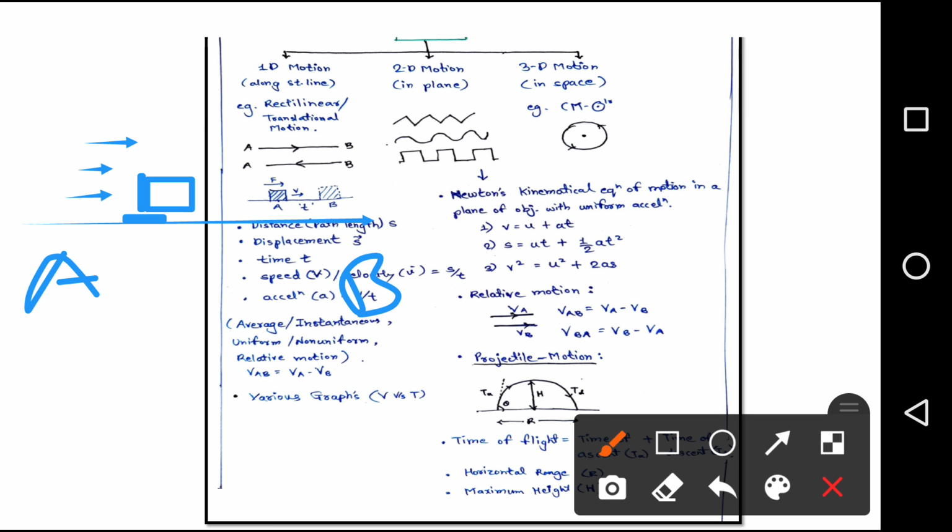So we can define from this motion that change in position of a body or an object by applying a certain force,